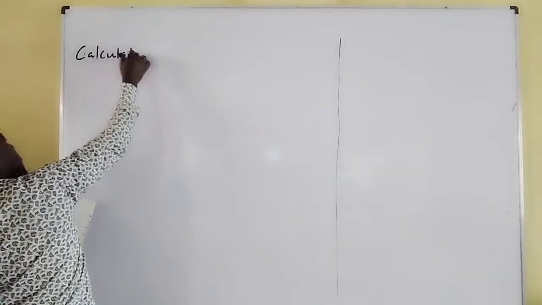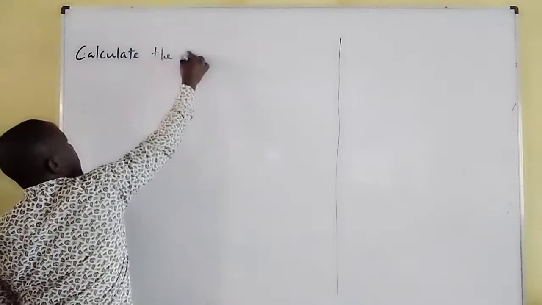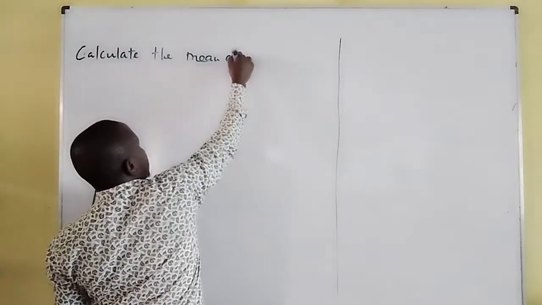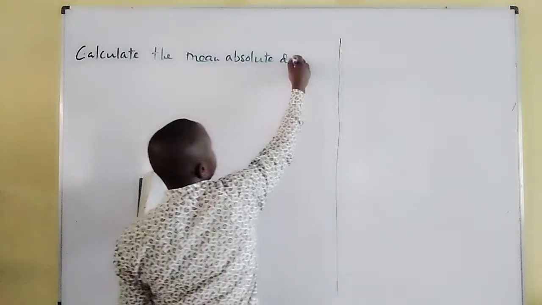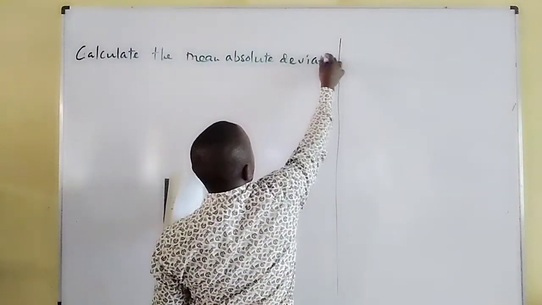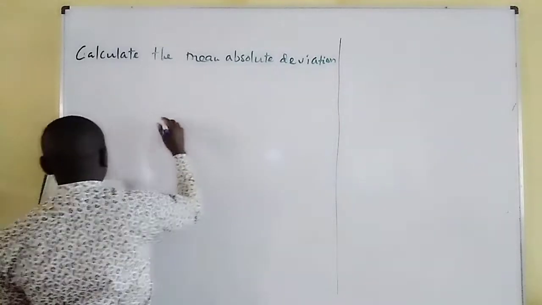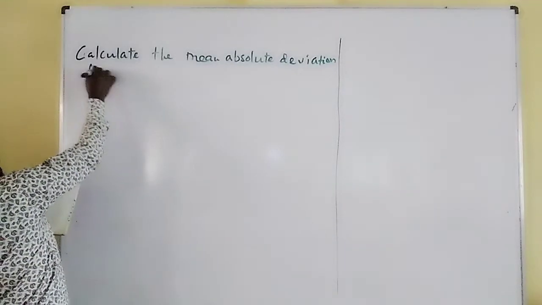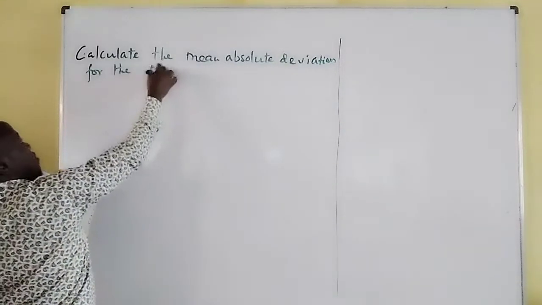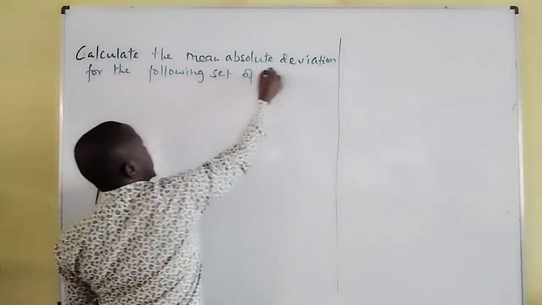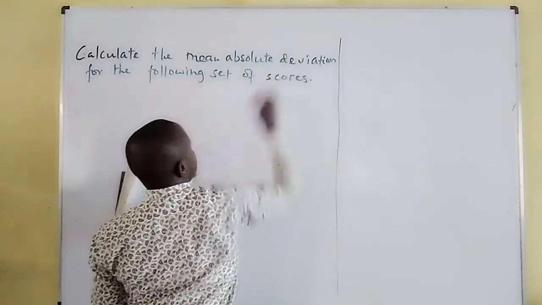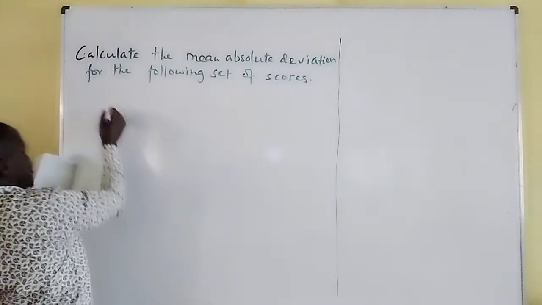Calculate the mean absolute deviation for the following set of scores. Then the scores are 1,